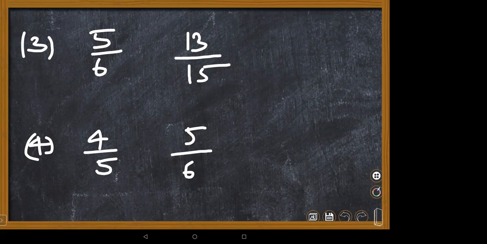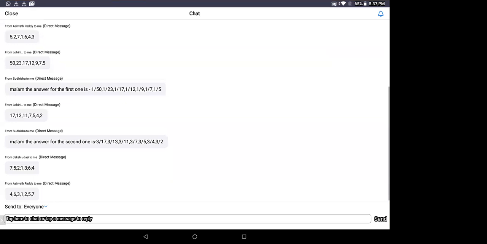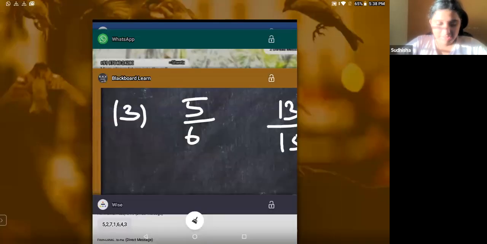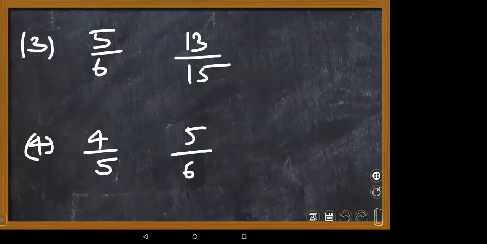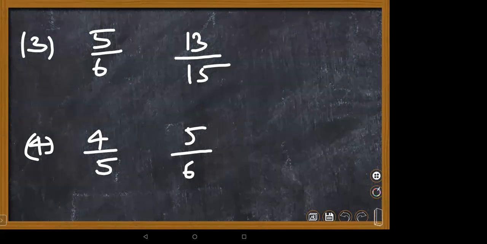Are you doing, children? Are you doing or not? Yes, ma'am, I'm doing it. I'm waiting for your responses quickly. Who is giving quick answers? You just go with cross multiplication because two fractions are given. You can use the shortcut method. Go with cross multiplication and give your responses very quickly, children.